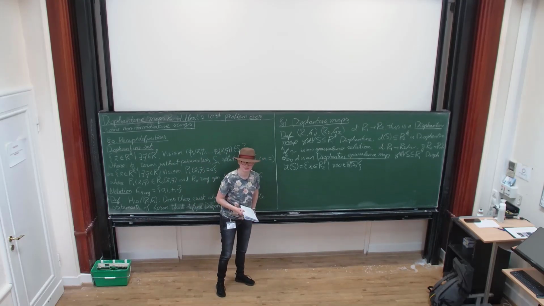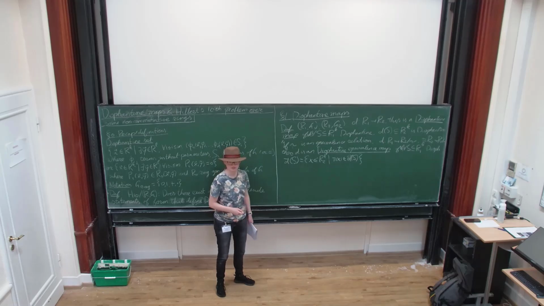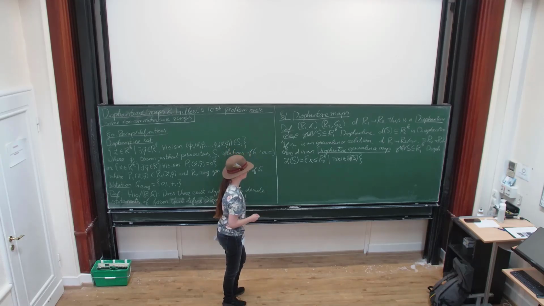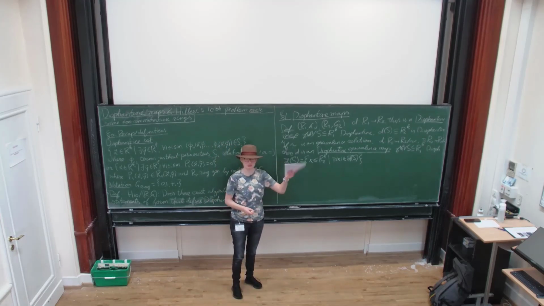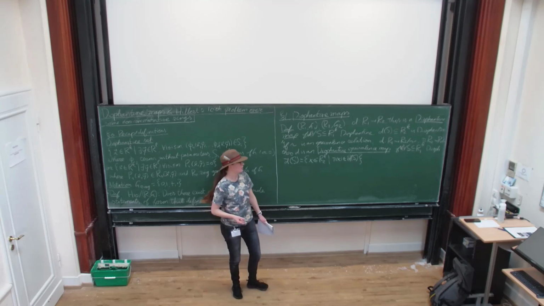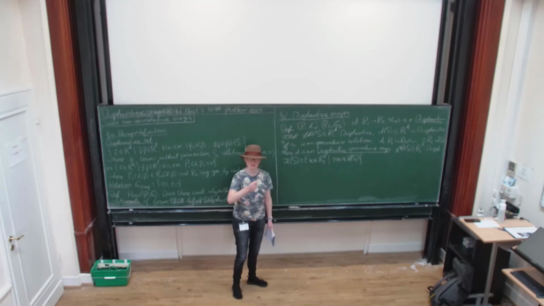Excuse me? I'm very confused about this notion. So if D just sends elements of R1 randomly to, say, 0 and 1, is this a Diophantine map? I mean, the image of everything is Diophantine. Yes, that's a very good point. So yes, this allows some very weird things,